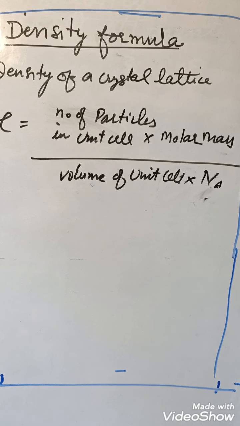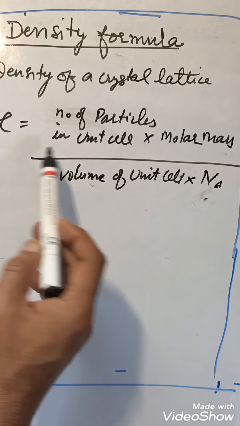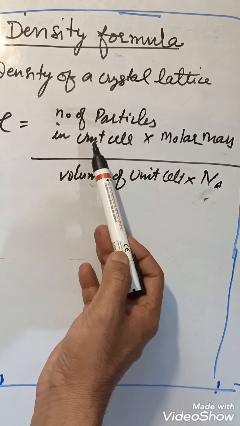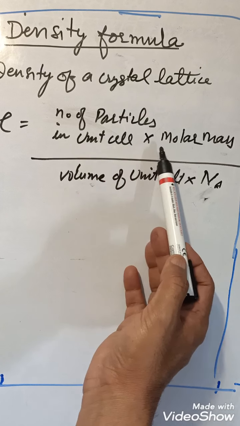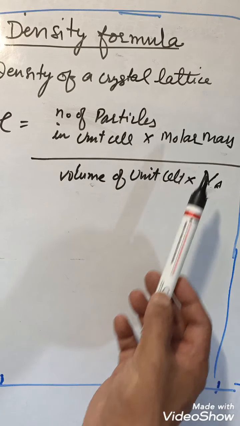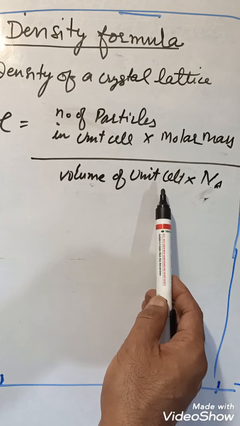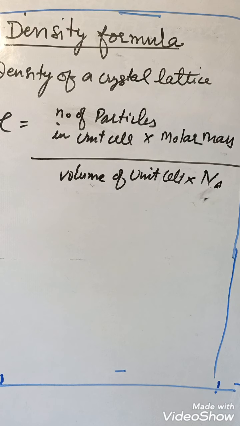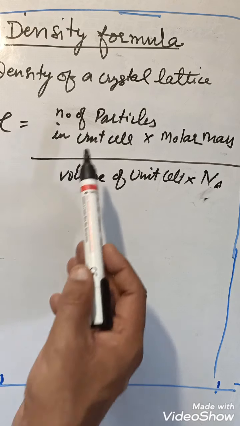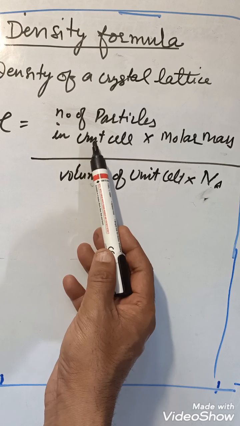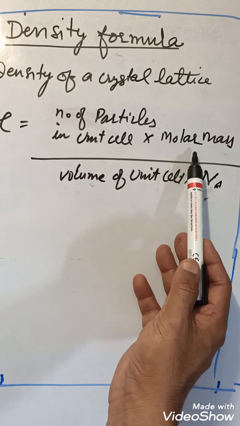डेंसिटी ऑफ ए क्रिस्टल लैटिस इज इक्वल टू नंबर ऑफ पार्टिकल्स इन यूनिट सेल into molar mass of that compound divided by volume of unit cell into Avogadro's number. Simple. How many particles are there in unit cell? Into molar mass